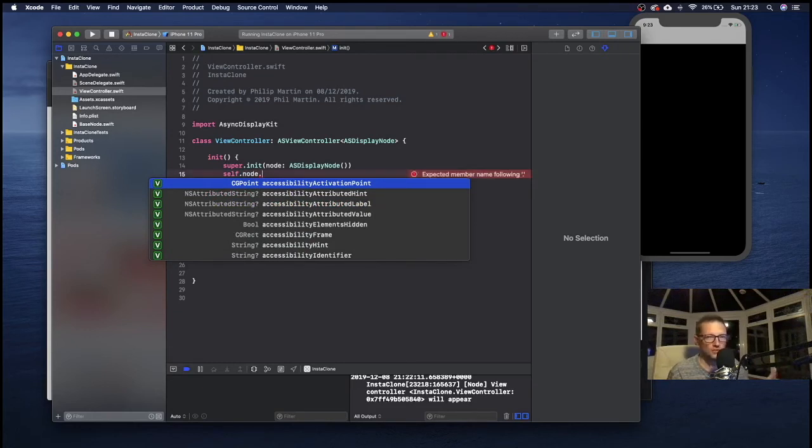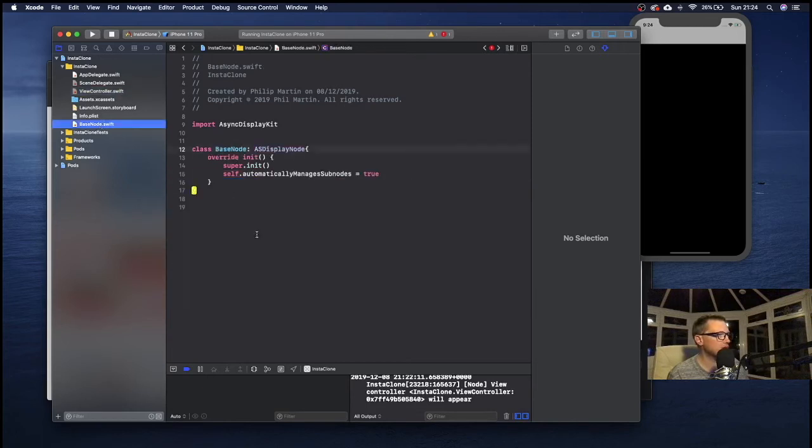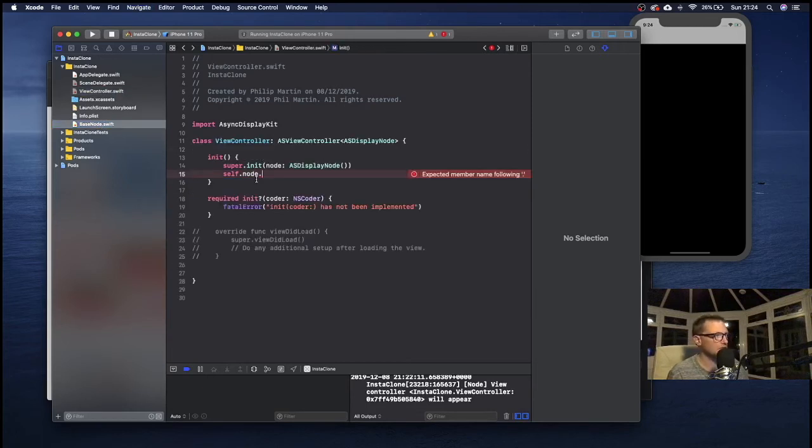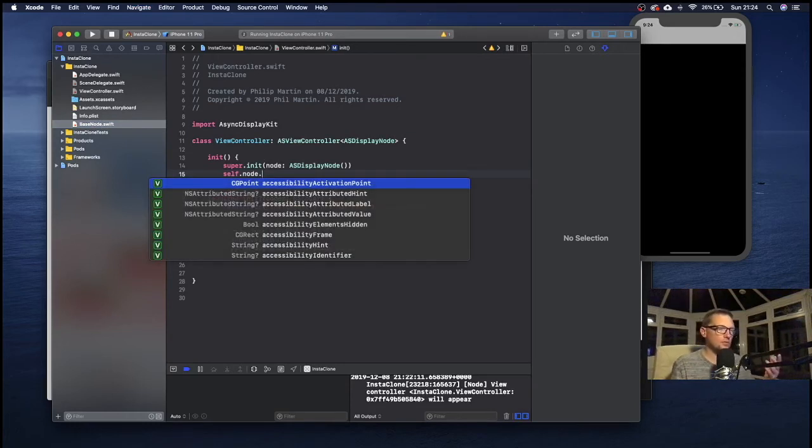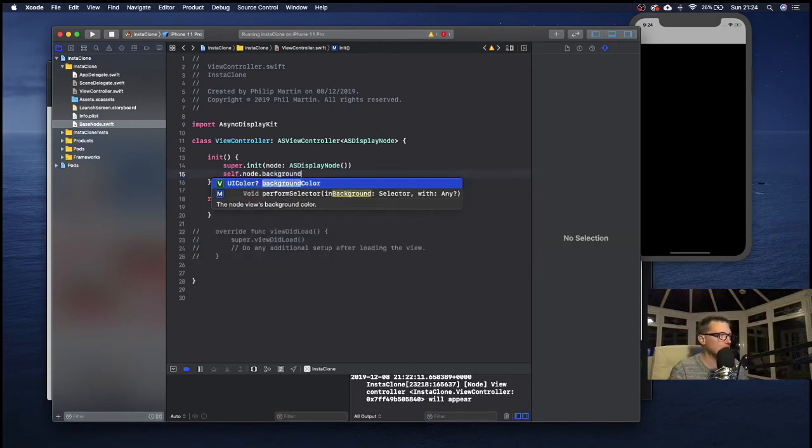So you do self.node.backgroundColor or self.node addSubnode. But because we've built this base node, we don't have to worry about adding to the subnodes. So we don't have to worry about adding to the node. It just does it automatically for us. So this is going to be backgroundColor, and then we need to do equals .white,